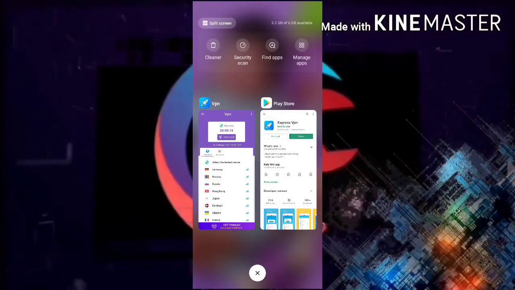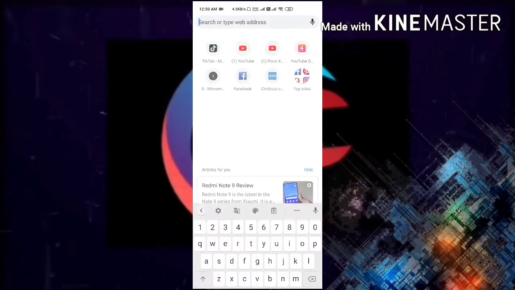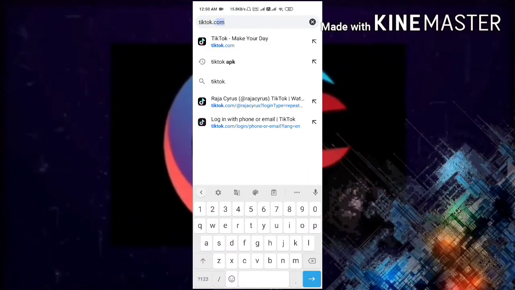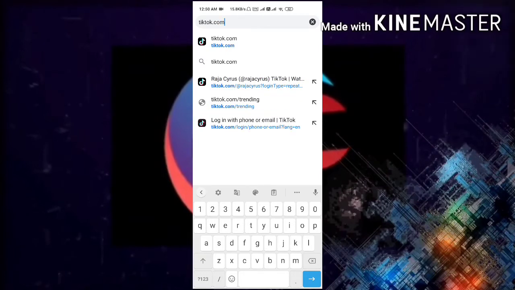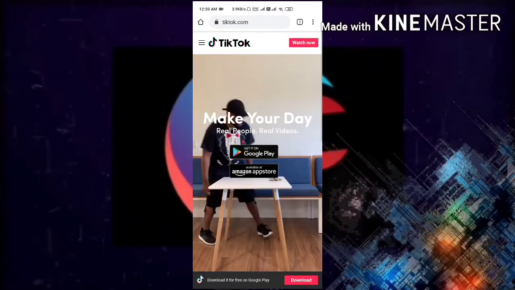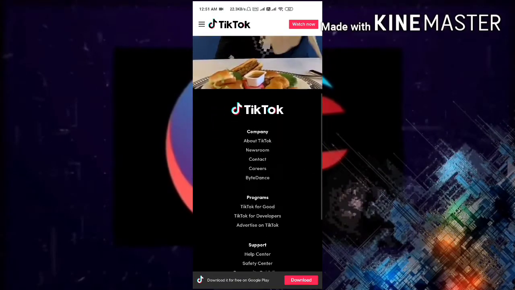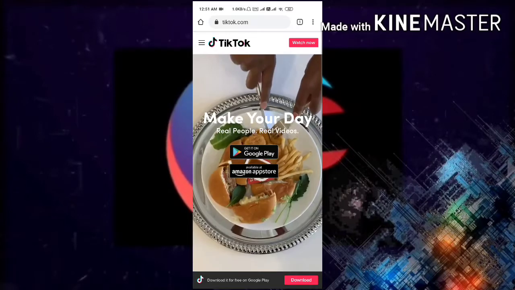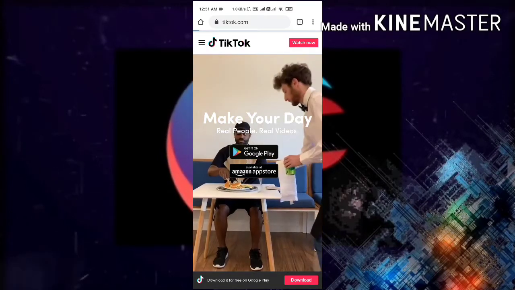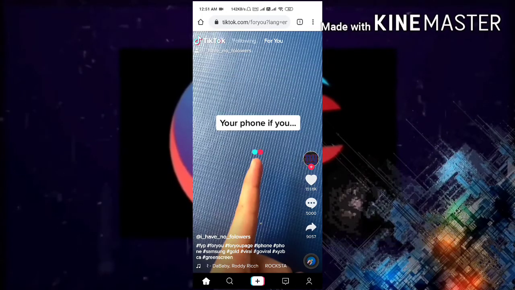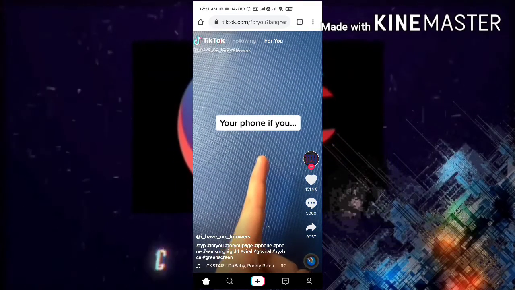So now minimize your current app and then go to the Chrome browser, which is present under the Google tab in your mobile phone. In Google Chrome, give the address tiktok.com. The tiktok.com will load like normal days because the connected server is an Indonesian server and not an Indian server. So tiktok.com will specifically work. If you click the watch now option, the TikTok videos will load like normal.